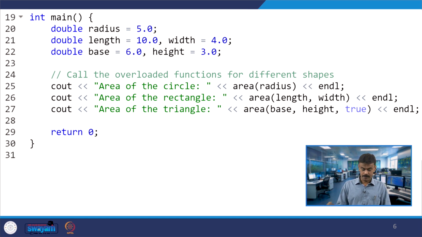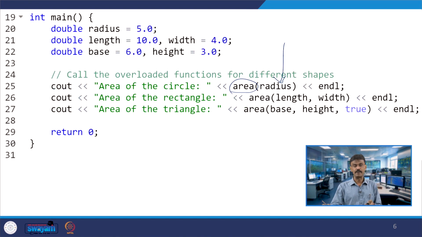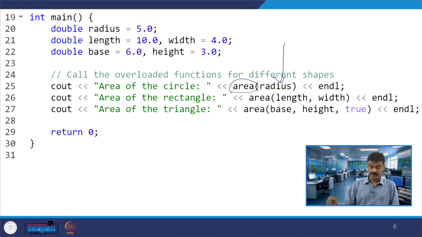Now, I am calling the function area and passing one value, the radius. Since I am passing only one value, it is the one-argument function, so the radius, which is 5.0, will be passed over here. So, 3.14 into 5.0 into 5.0 will be calculated and displayed, because this is a one-argument function.